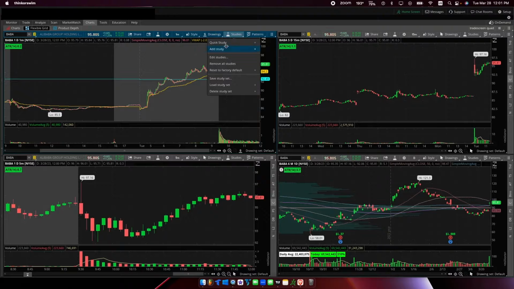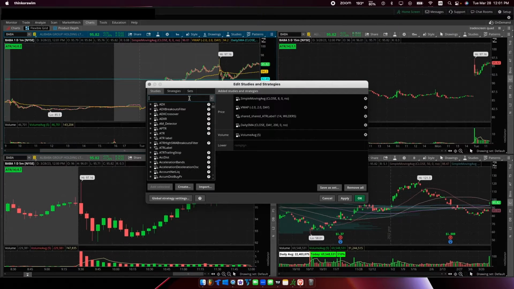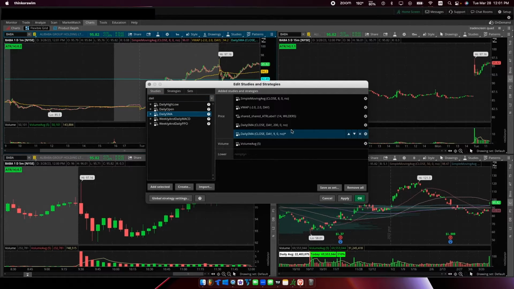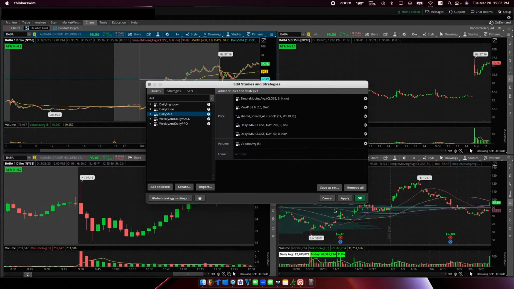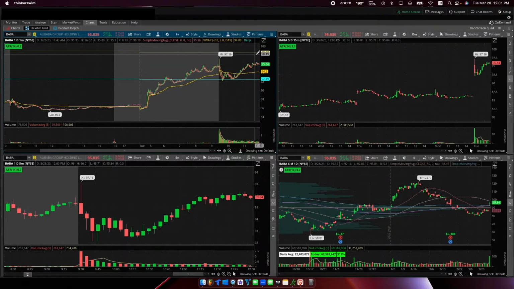So once again, click studies, edit studies, add daily SMA, double click, and here it is. Its factory setting is 9, just for reference. So I want to click the cog and make that 50. And then I'm going to make the color something like this, something that's close to the one I have here in my daily. Click apply, and now I have my 50-day moving average on my 1 minute intraday chart,